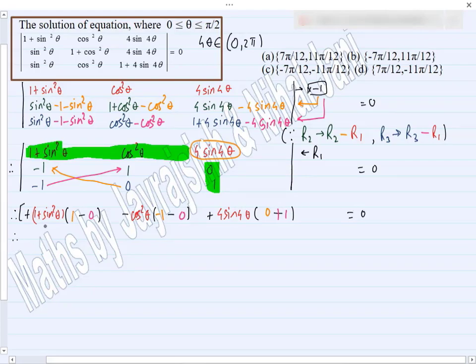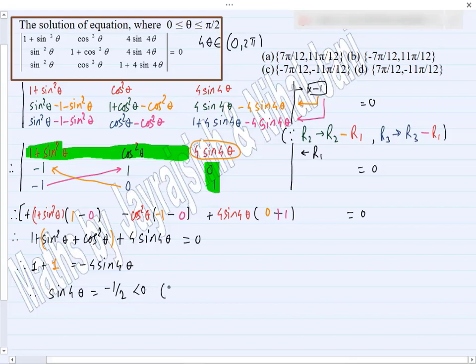Let's simplify. 1 plus sin square theta, the 1 is sin square theta, minus minus plus cos square theta, plus 4 sin 4 theta is equal to 0. Here sin square theta plus cos square theta is 1, so 1 plus 1. Take 4 sin 4 theta to the right side, minus 4 sin 4 theta. Here we'll get sin 4 theta is equal to minus 1 by 2, which is less than 0, and sine